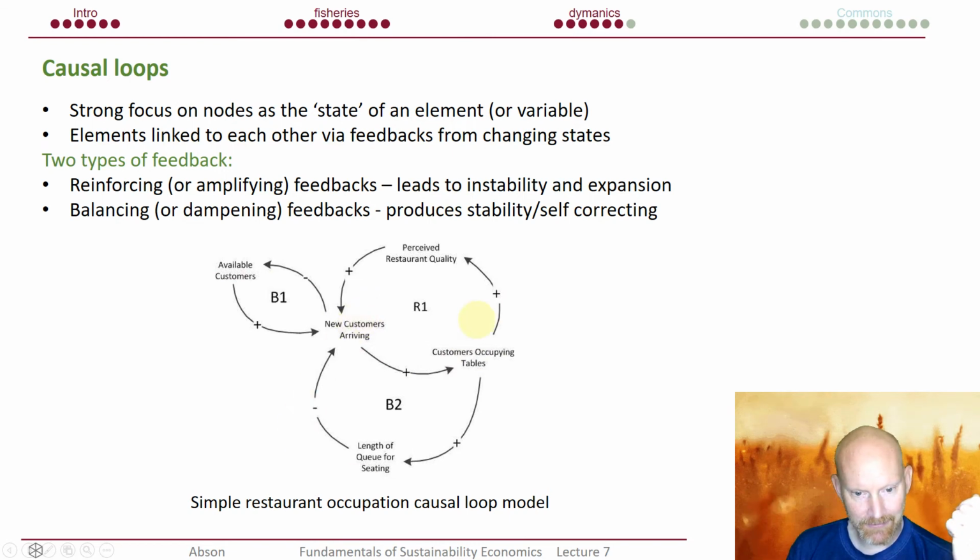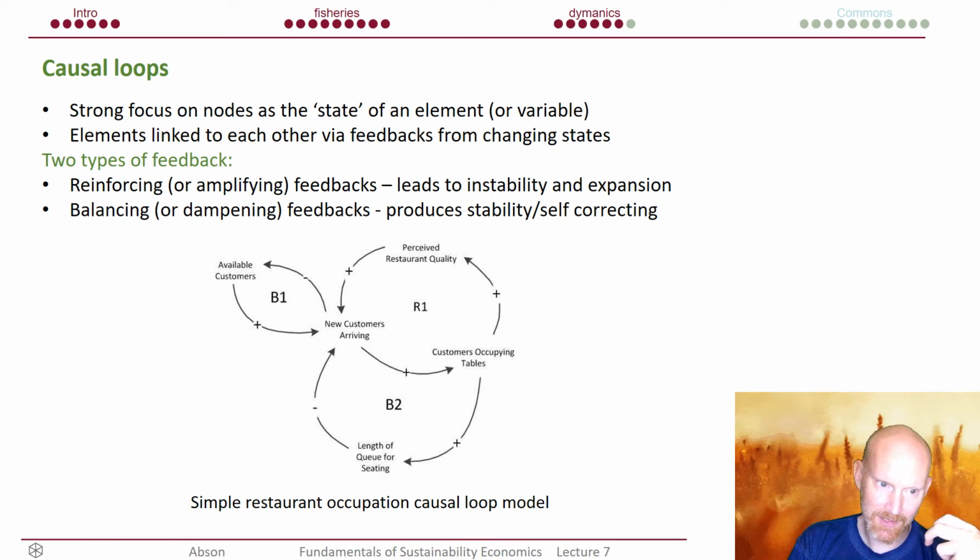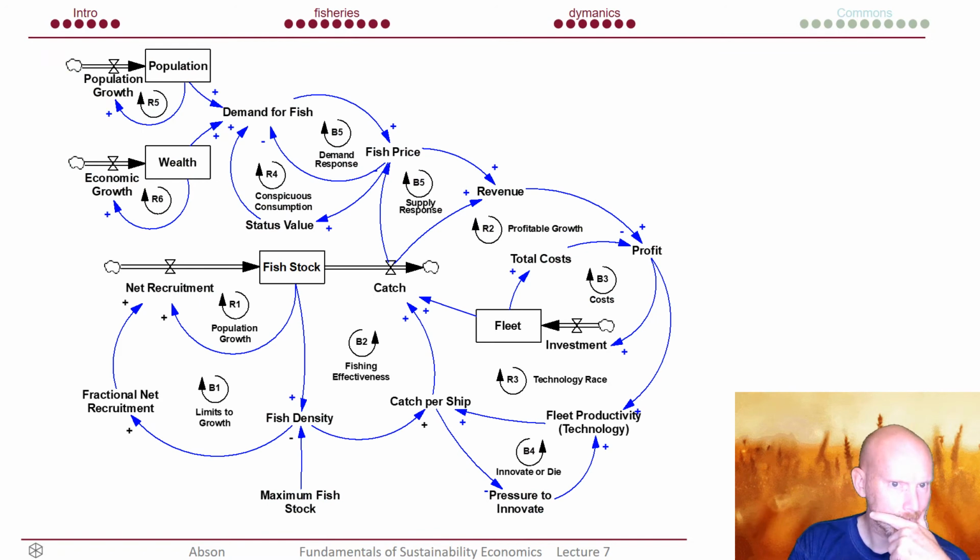But then, of course, you have balancing feedback loops. At some point, the amount of people sitting at the tables means that new customers go, well, now I'm going to have to wait a long time to get some food, and therefore the new customers don't stay. That's a balancing feedback loop. Similarly, there's only a certain number of customers you might have. Once lots of customers are already in the restaurant, there are fewer available new customers to come. So you get another balancing feedback loop. A lot of this system dynamic model is based on understanding those amplifying or dampening feedbacks between different components in the system.